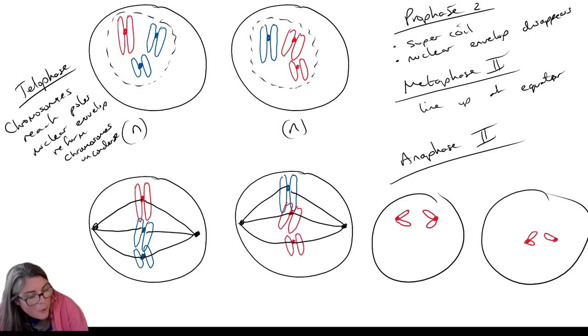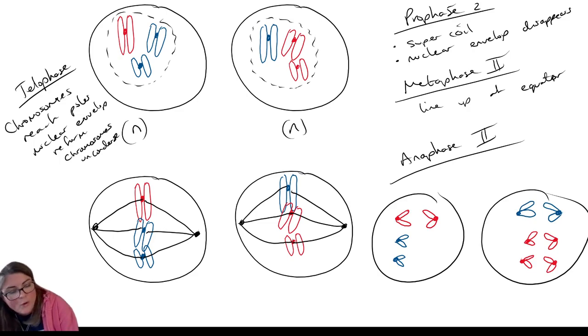Now, the fact that they're being pulled because of the spindle fibers attaching to the centromere is going to pull them and give the shape that we recognize as being a bit like a V. So if you're ever asked to draw them, they will expect you to draw it like a V shape. That's because the spindle fibers are attaching at the centromeres, and that's what's being separated and therefore pulling the